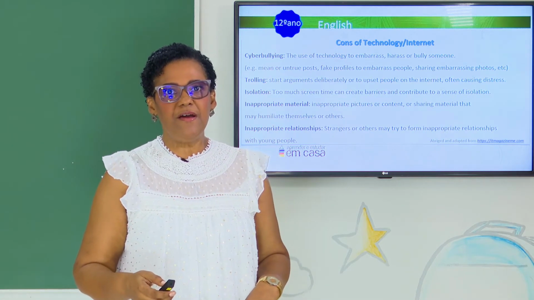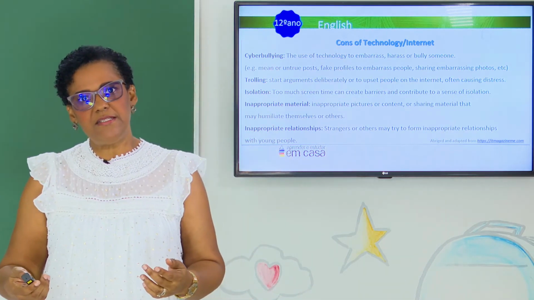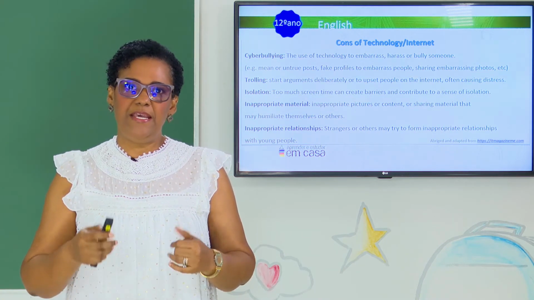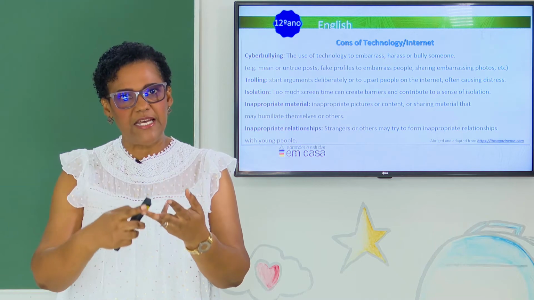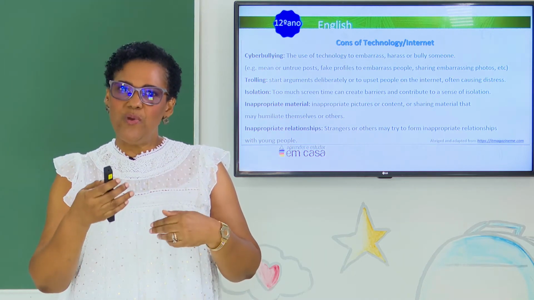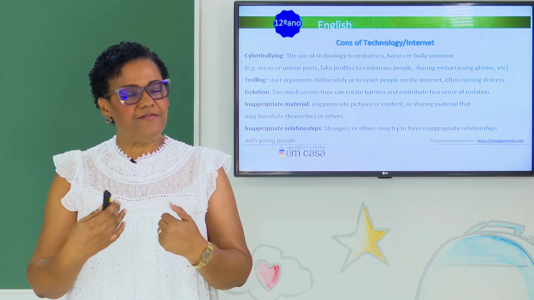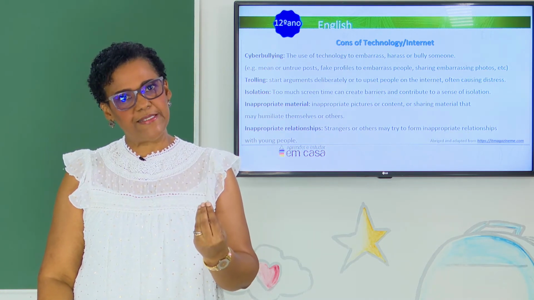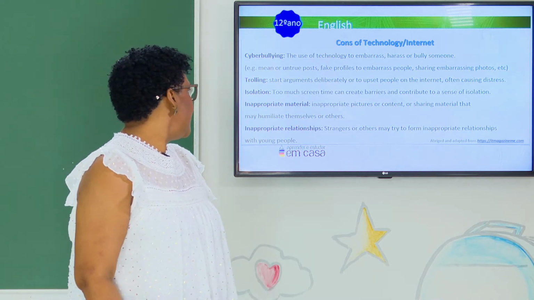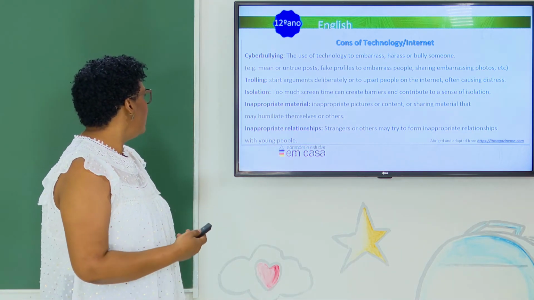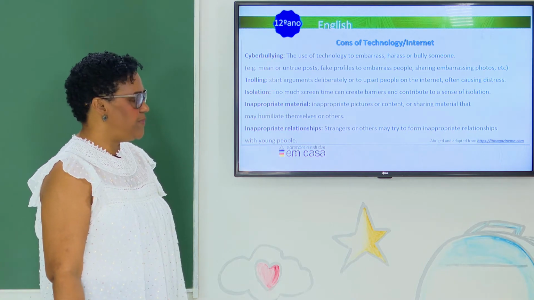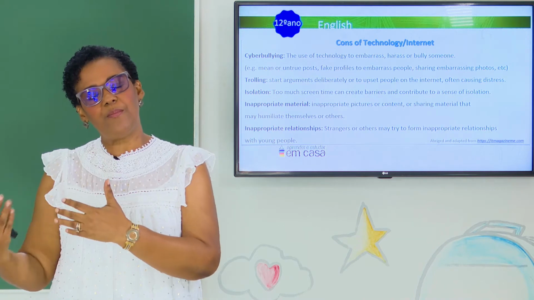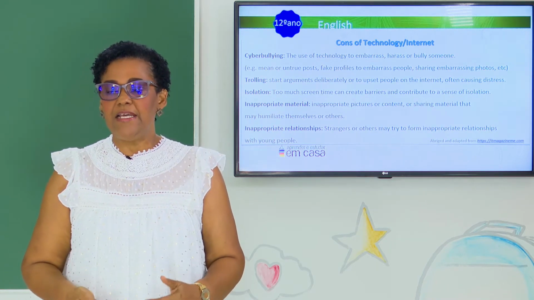The other thing is inappropriate material. Something that is very, very common on the internet is inappropriate material. It can be age inappropriate, content inappropriate. So we have to be very selective on what we see and on what we post. And another thing is inappropriate relationships. How can you get in an inappropriate relationship? It's very easy